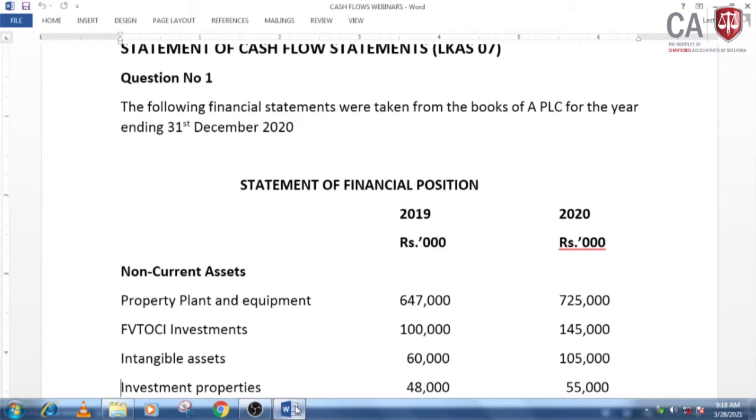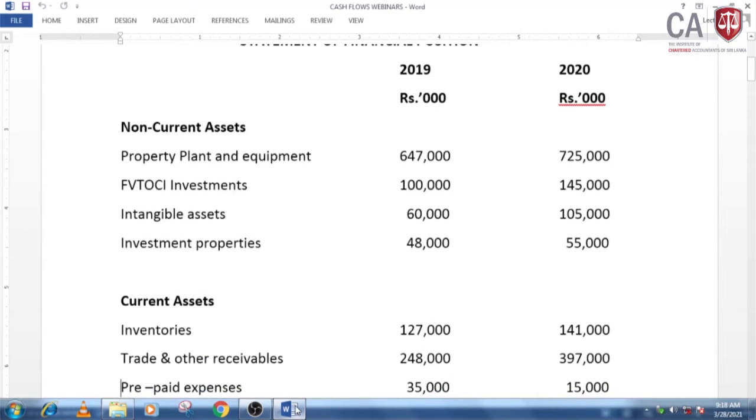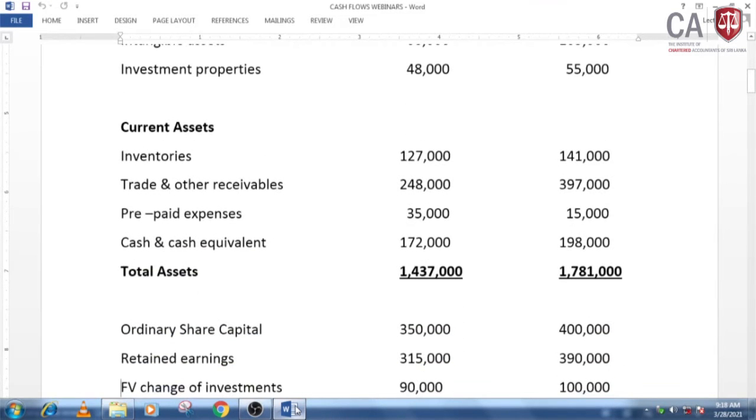Non-current assets are given: property, plant and equipment 647,725, fair value through OCI investments 100,000, 145,000, intangible assets 60,000, 105,000, investment properties 48,000, 55,000, current assets inventories 127,000, 141,000, trade and other receivables